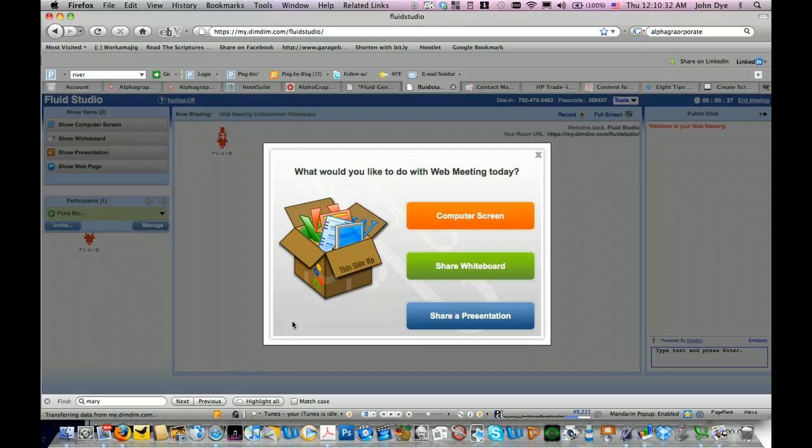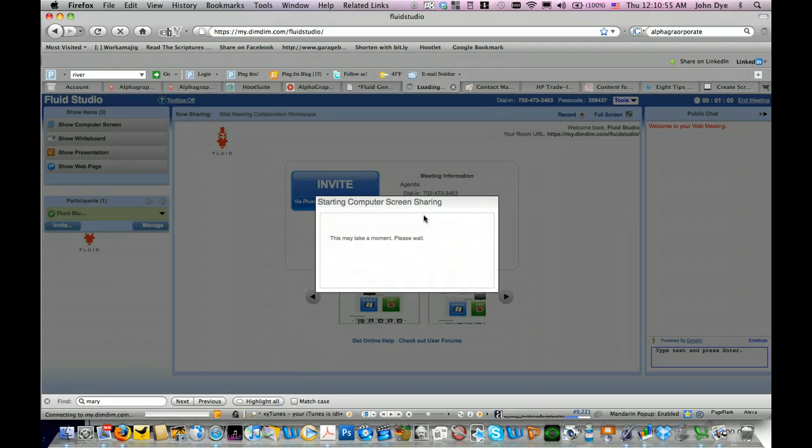Now it'll ask you what you would like to do with web meeting today. The best thing that I like about DimDim is it allows you to share your computer screen. Unlike some other software that we've utilized in the past, you can either share the computer screen, a whiteboard, or share a presentation. So if you click on Share the Computer Screen, it takes a few moments,